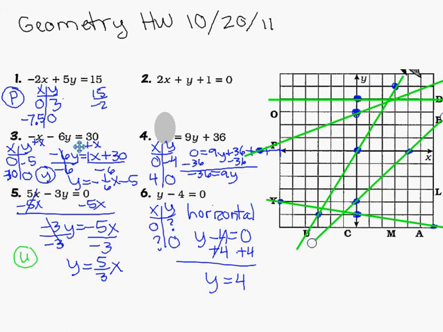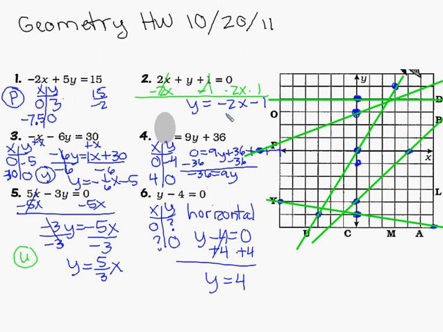Okay, so those are some times when the 0, 0 table doesn't work as well. But you can always rewrite it in slope-intercept form. So for this one, you can subtract 2x, subtract 1 onto the other side. And then you'll be left with y equals negative 2x minus 1. And that would probably be the easiest way to graph it, with a negative 1 intercept and then a slope